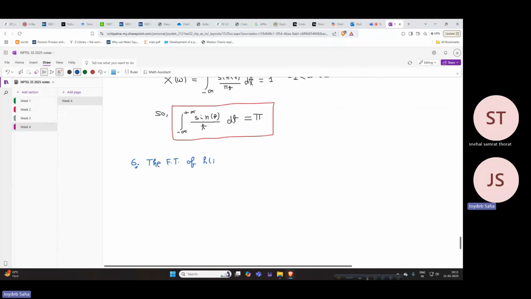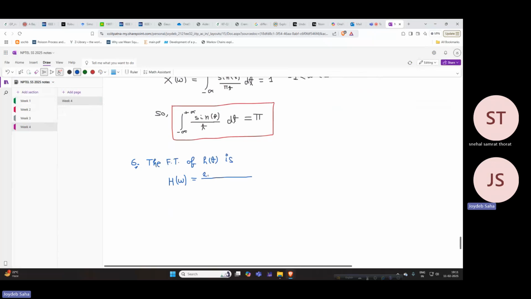The Fourier transform of ht is given, H omega is equal to